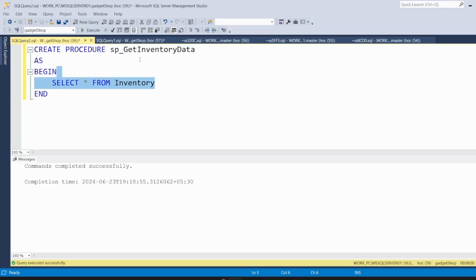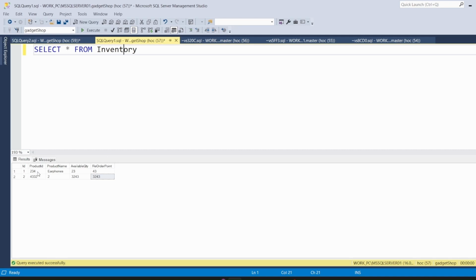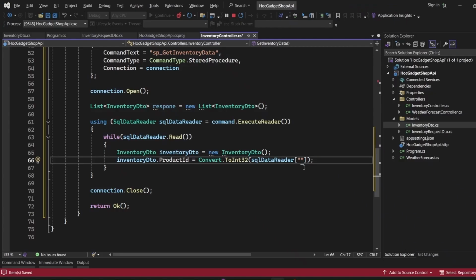So if we just run this query, we see over here that product ID is returned and product name, available quantity, reorder point. So what we want to do is give the name of this column in our code, because that is what this code is going to read. The whole table would be read in the code, and we want to just take the name of a particular column in single line. So right now I'm binding the product ID, so I will give it the name.